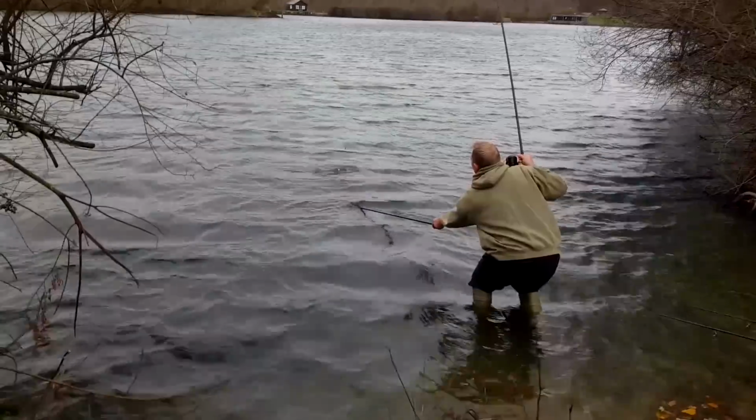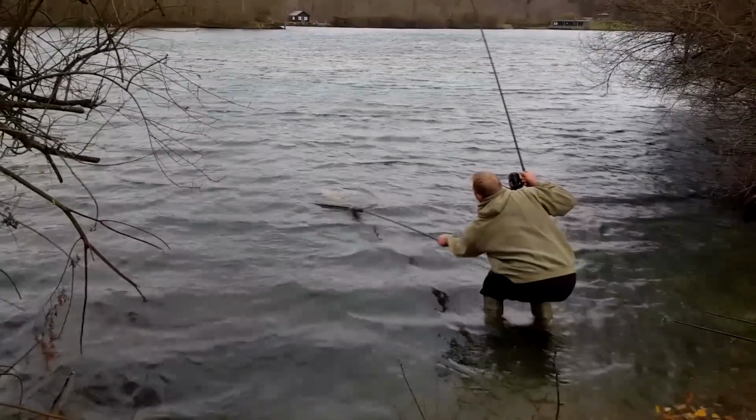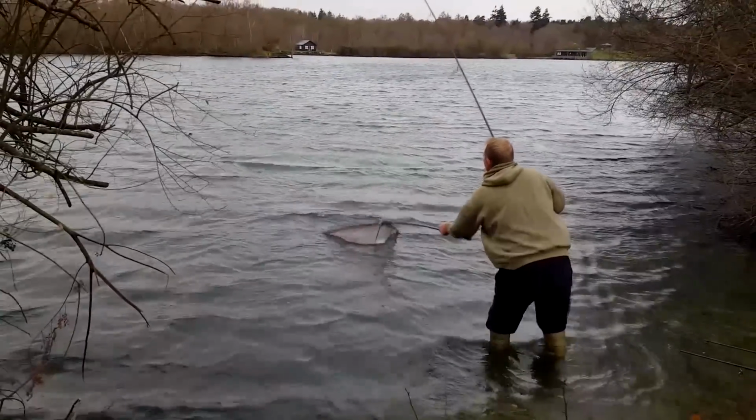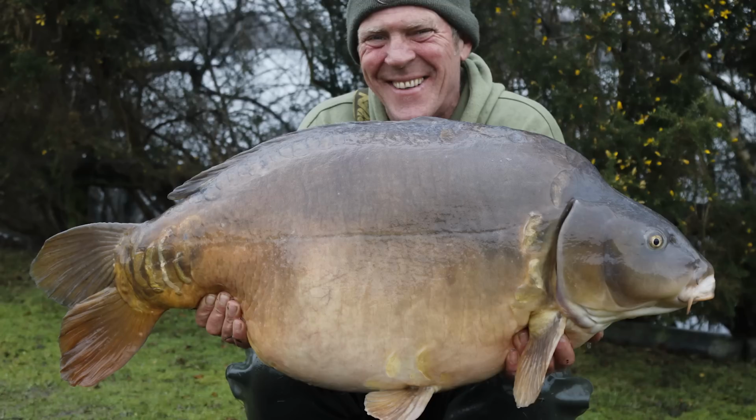Then towards the back end of last month, I was fishing a different swim but a similar sort of area, and I managed to bag an absolute brute of a carp called Willow at over 59 pounds. And then